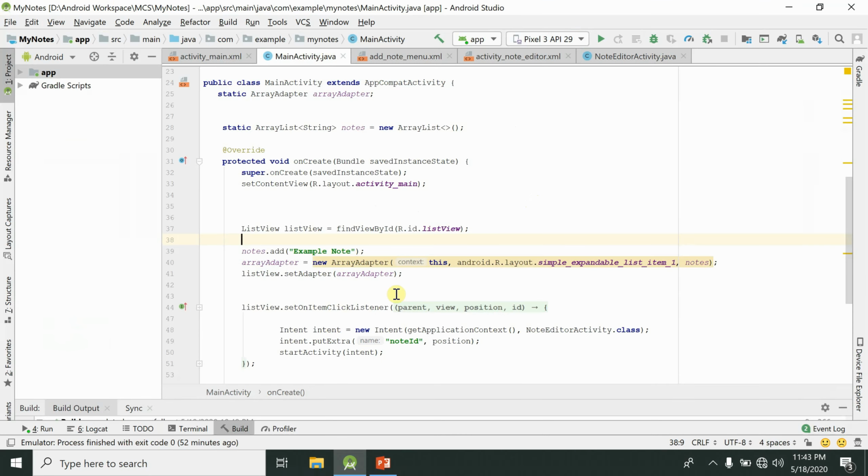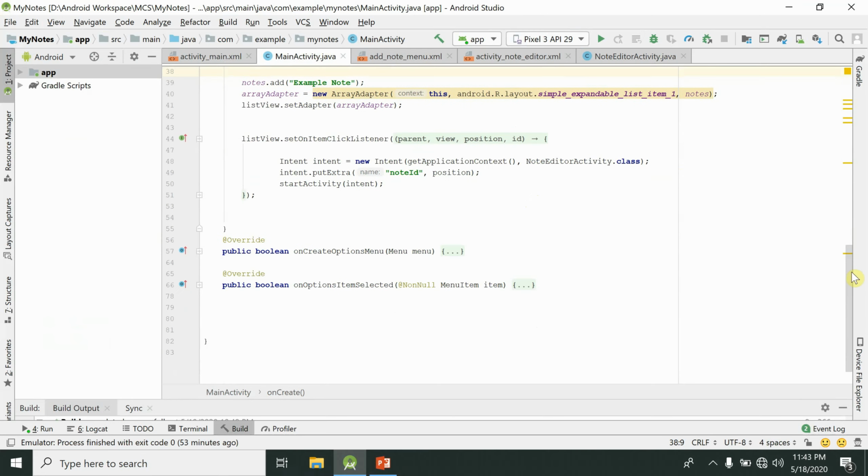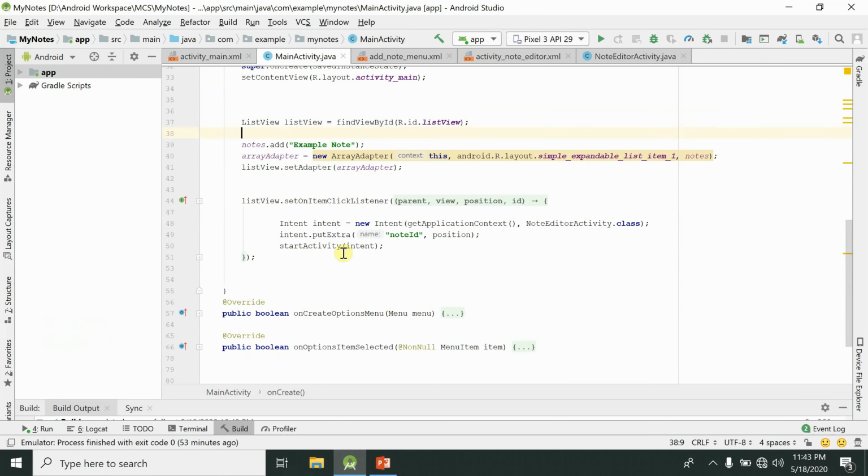So I'm going to first add an alert dialog box here, because whenever a user presses a long click on an item, he or she should be prompted whether to delete the list item or not.